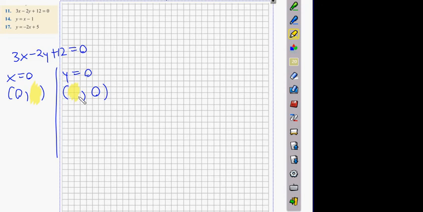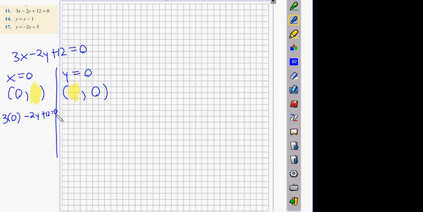What we're going to do is we always use the equation of the line formula. It's going to be 3 times 0, because we decided that x is 0, didn't we? Minus 2 times y plus 12 equals 0. Can anybody in class tell me what 3 times 0 is? 0. So we're going to be left with